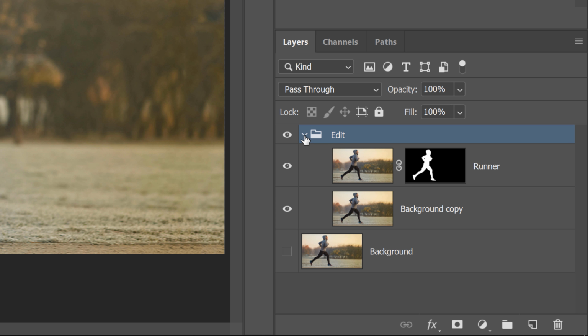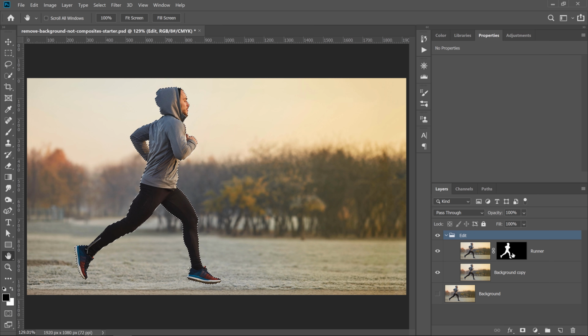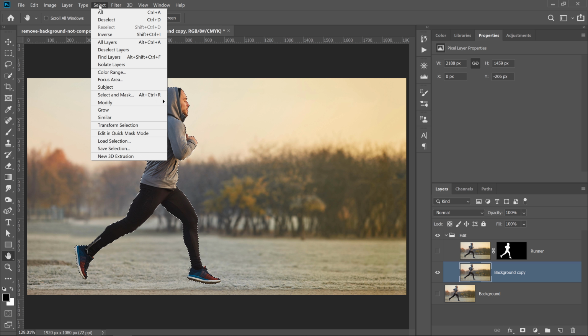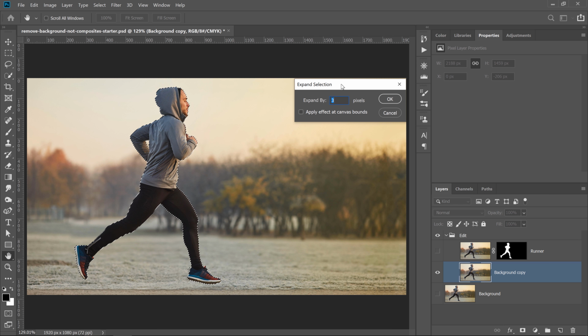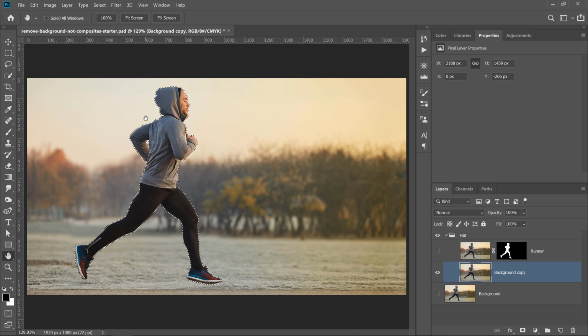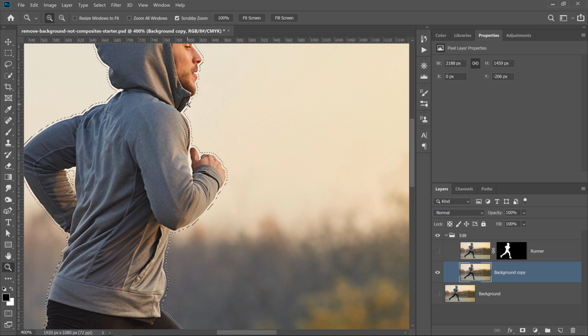Then I'm going to expand the group, and I'm going to make a selection out of the layer mask. If you hold Control on Windows, Command on the Mac, and click on that layer thumbnail, you will load the layer mask as a selection, and I can now come into my Background copy and disable this layer so that we can actually see the adjustments that we make. What I'm going to do now is expand the selection so that it's a little larger than what it currently is. You can go into Select, Modify, Expand for that, and we can expand the selection 3 pixels. And notice now that we have some space in between the runner and the selection, and that's what we want.